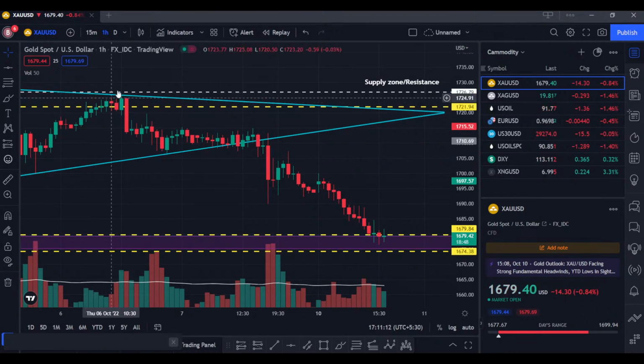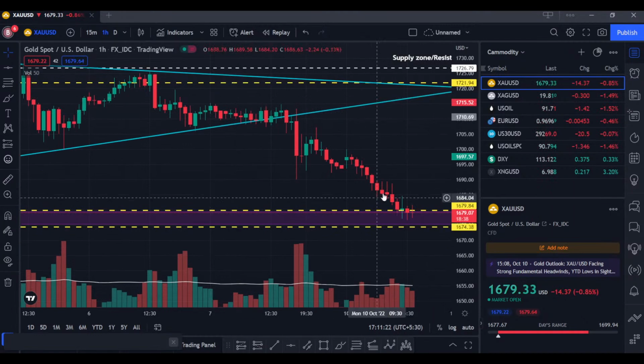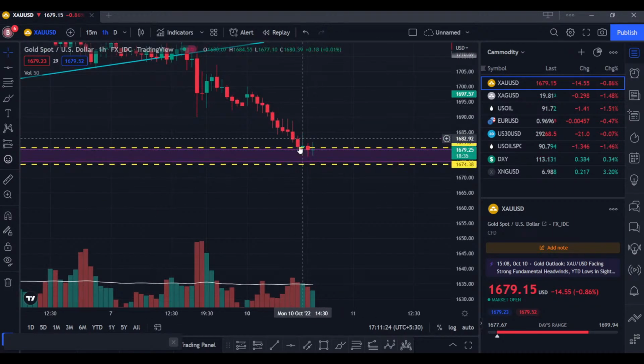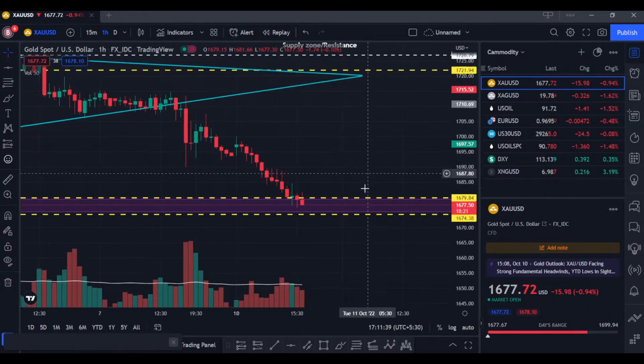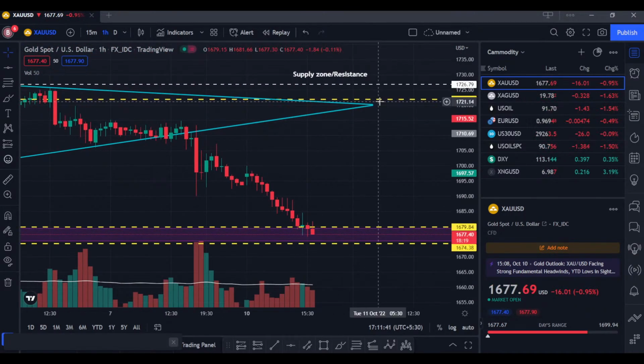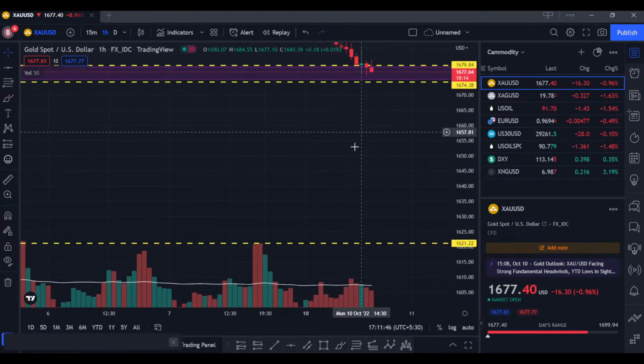That was a supply zone. On going to a supply zone we got a bearish engulfing. On getting a bearish engulfing we short sell and we book our target to that level. If you get any bullish signal at that level, like bullish engulfing, morning star, hammer etc., if you get any such signal we will go for the buy side again and we will set our target to that level. If you get any bearish signal at that level then we will go for the sell side and we